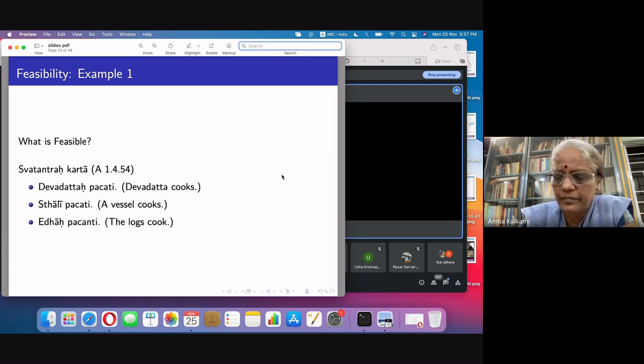Can it last till they are there? And then somebody says, yes, yes, this gas can cook for all of them. Okay. So now you see, when we say Devadatta cooks, the activity of Devadatta's cooking is totally different.